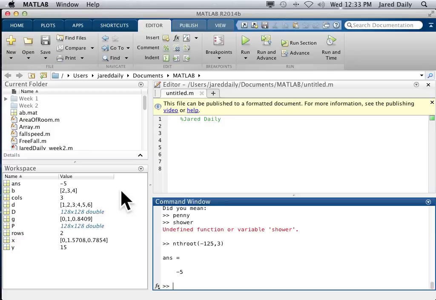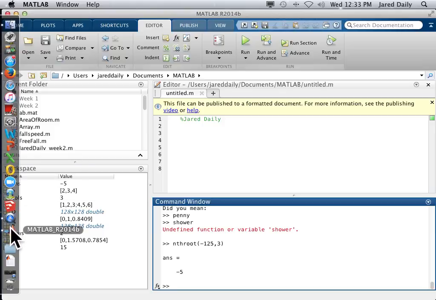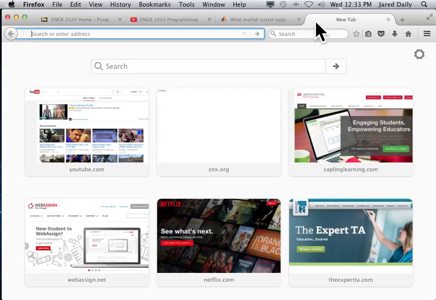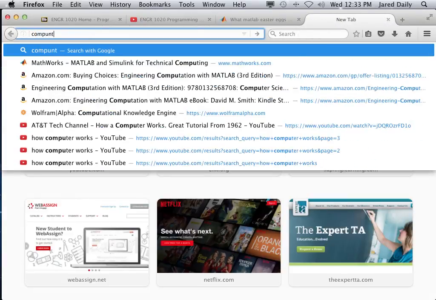But let's look at an example that is in our homework, or something similar to our homework. And that is the equation for compound interest. So let's just look it up really quick. That's another good way to find math. Let's look up compound interest